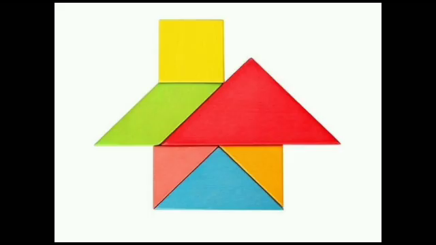Tangram is a traditional Chinese puzzle made of a square divided into 7 pieces that can be arranged to match particular designs. We can make many figures of animals, people and other things. A simplified version of the tangram puzzle is available with 5 pieces also. Here are some tangram pictures for you.